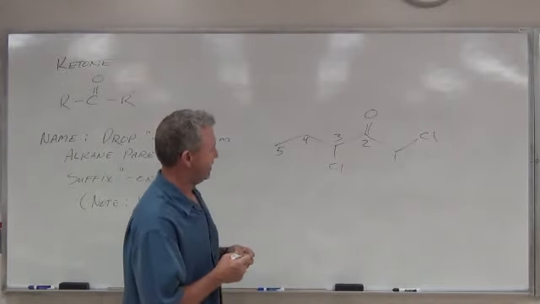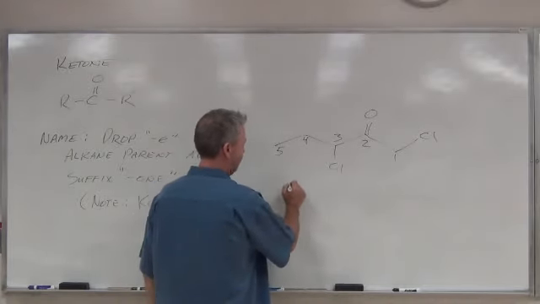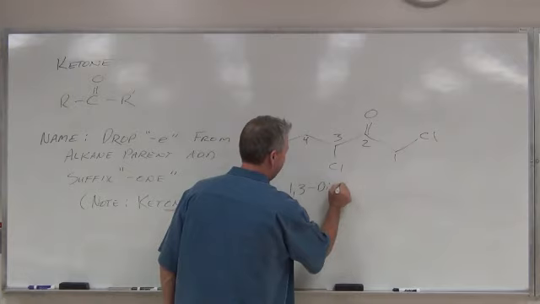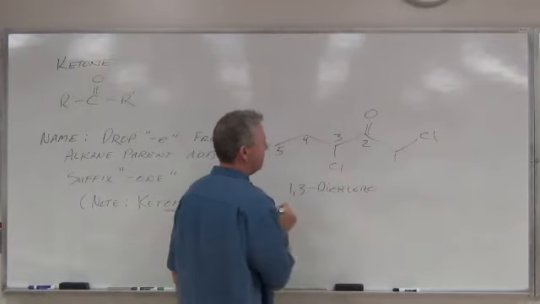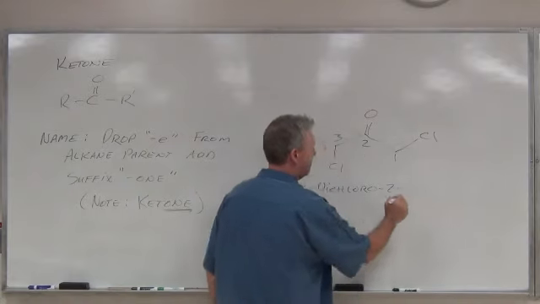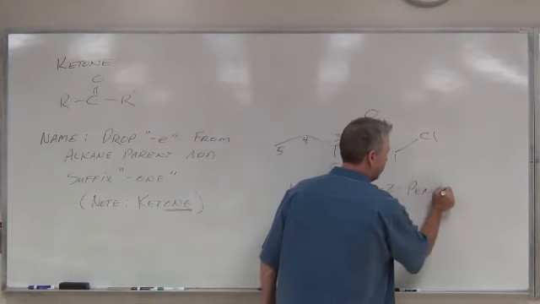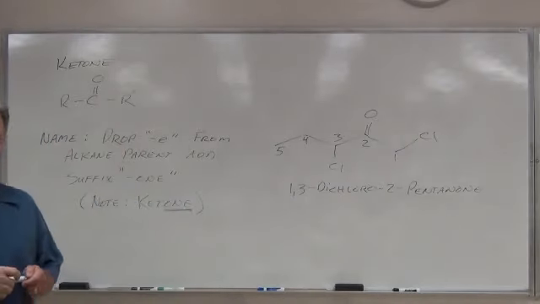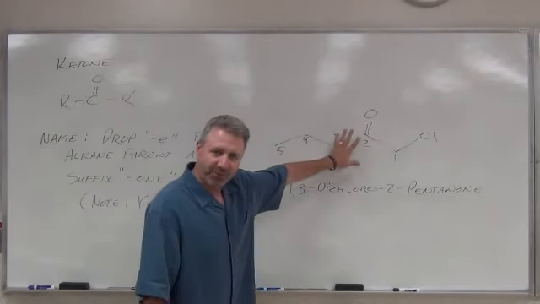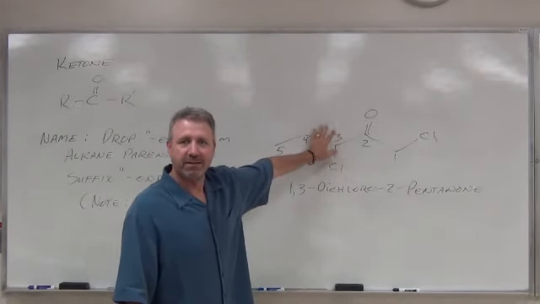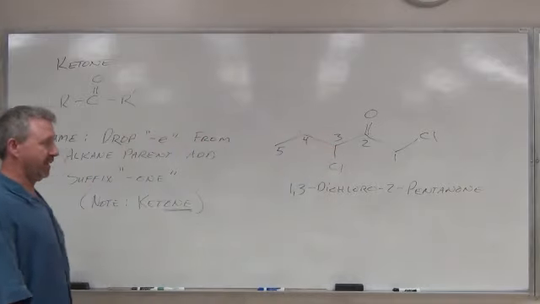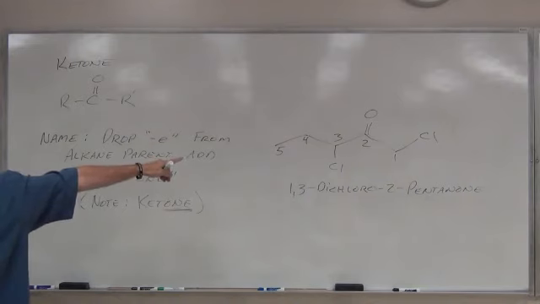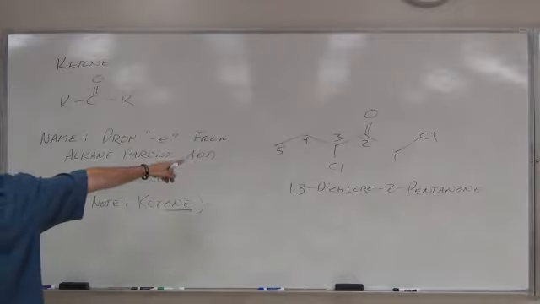So what is it? So then it should be 1,3-dichloro-2-pentanone. So you're getting a little bit more familiar with seeing them in this line formula, right? I've seen a lot of examples. And there'll be a lot of examples, especially the bigger molecules. The bigger they get, the more the tendency to go toward this skeletal or line structure.